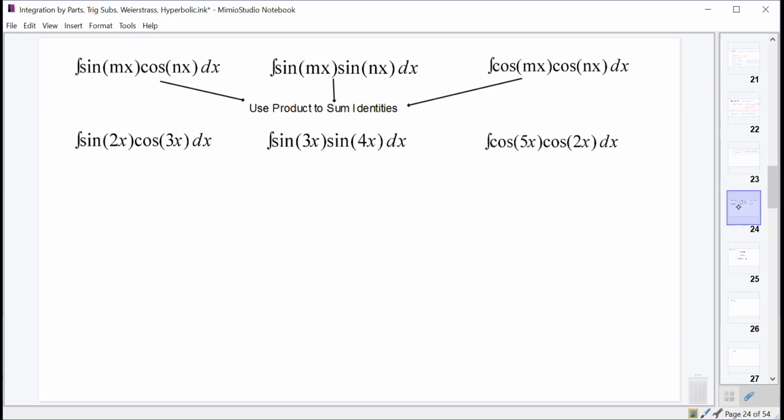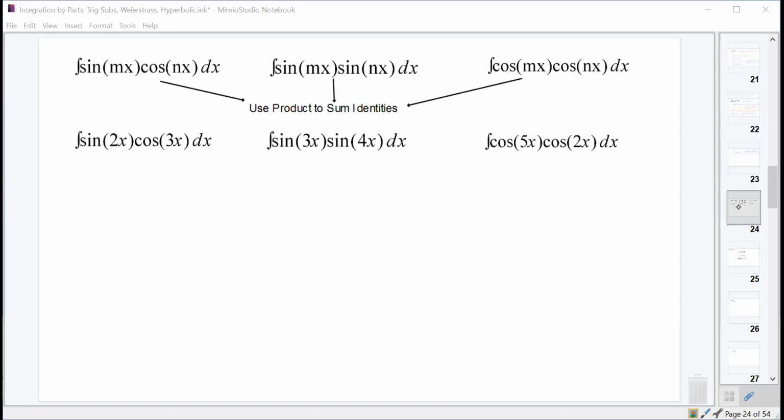So if you ever happen to see something like this that you need to integrate, the easiest way to do it is by using the product to sum identities. And they should be on your paper that I have posted in Google Drive. It's got like 4 pages of trig stuff. It's not ones that I told you need to memorize, because you probably don't need to memorize them, but it's good to at least be familiar with them somewhere down the road when you need to integrate something like this. So